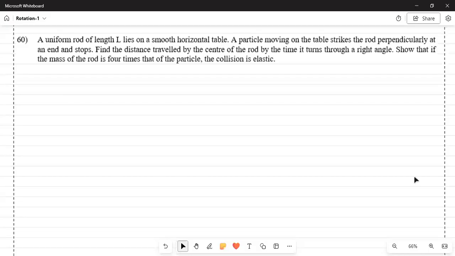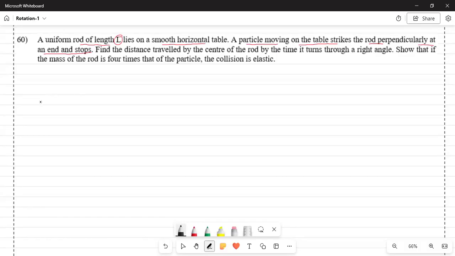Here we have another interesting problem. A uniform rod of length L lies on a smooth horizontal table. That means there is no friction between the rod and the table. A particle moving on the table strikes the rod perpendicularly at one end and stops. That means if we want to draw